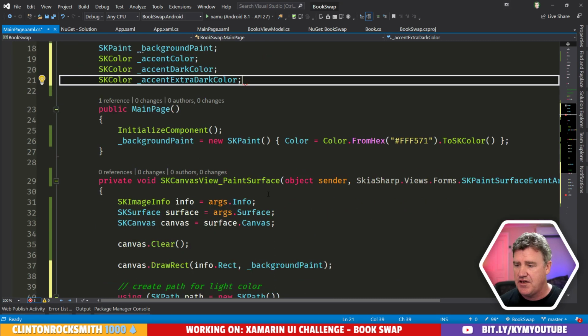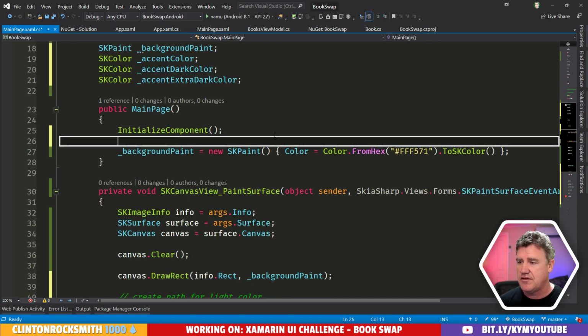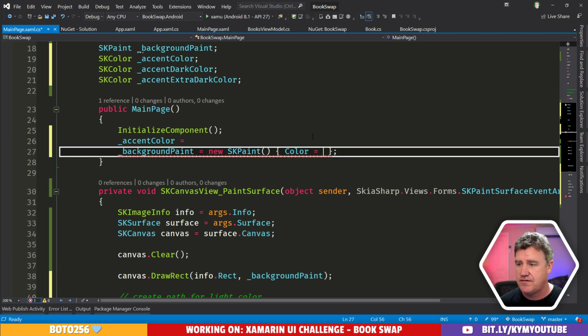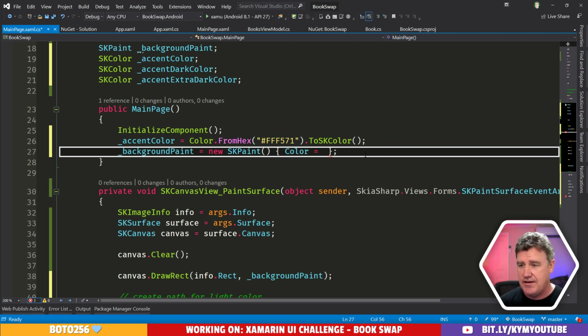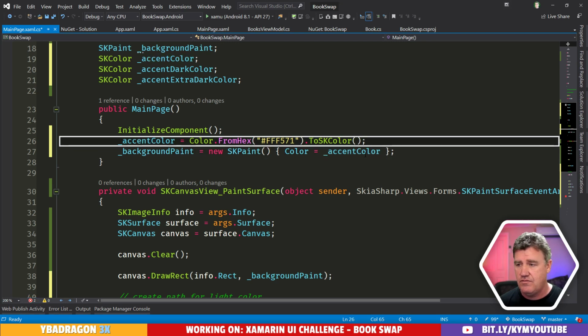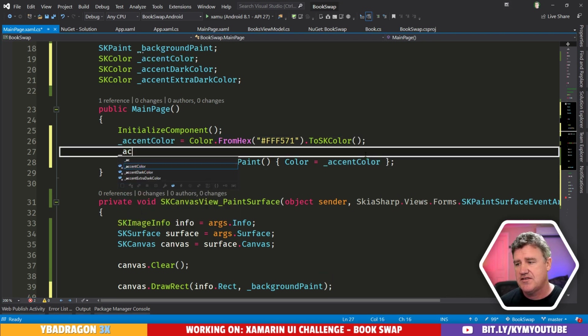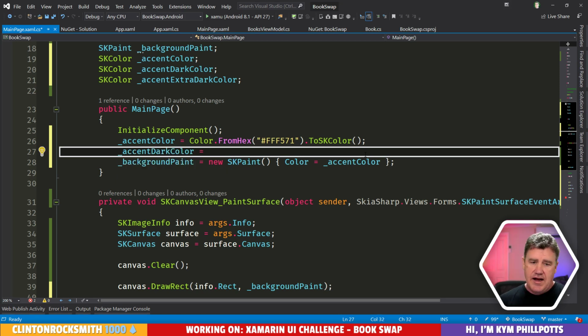So the idea then is I'll set this up to say accent color equals, and we'll grab this stuff is equal to that. Okay. And then now this is where it gets interesting, right? So I could say accent dark color. And what I could do